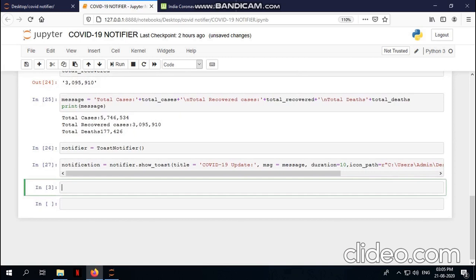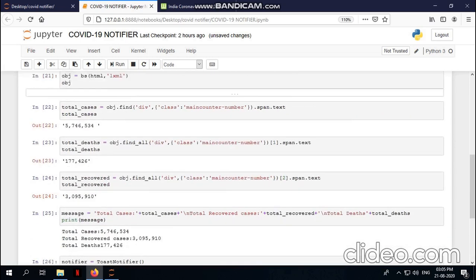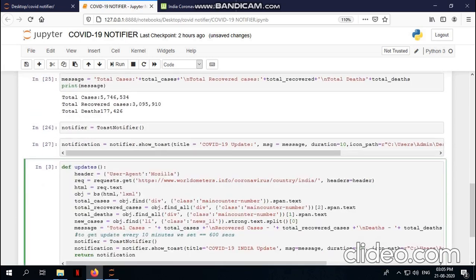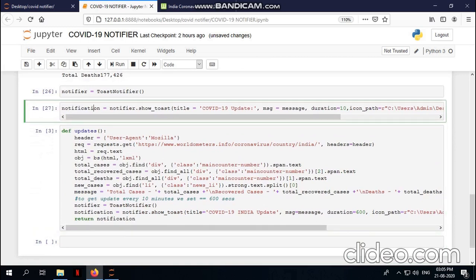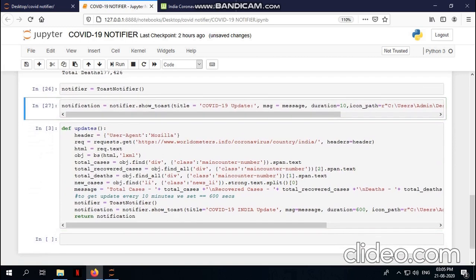Okay, so suppose if you want these notifications continuously, what you can do is create a function by combining all these lines above like this. These lines are same, I've just defined a function called updates, and I've returned this notification. Okay, so everything is same. We have passed header, and we have requested, we've converted to HTML, then we have got total cases and all.